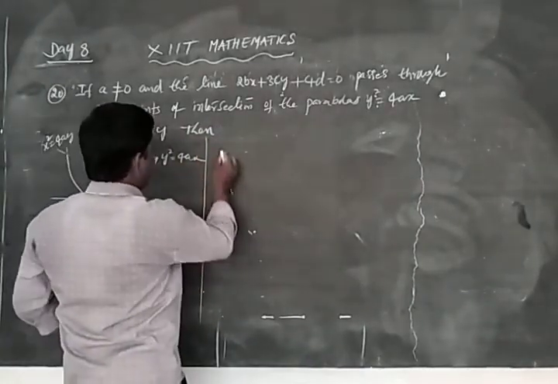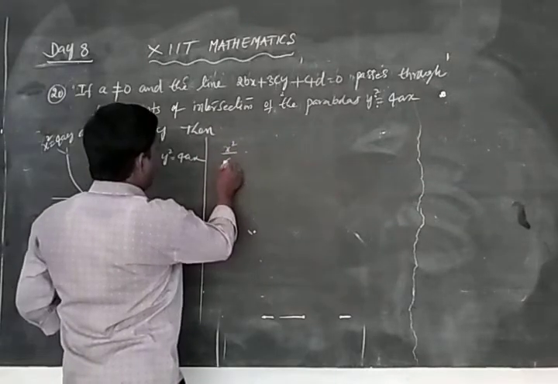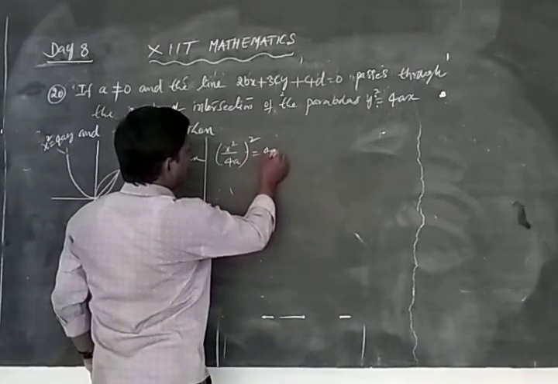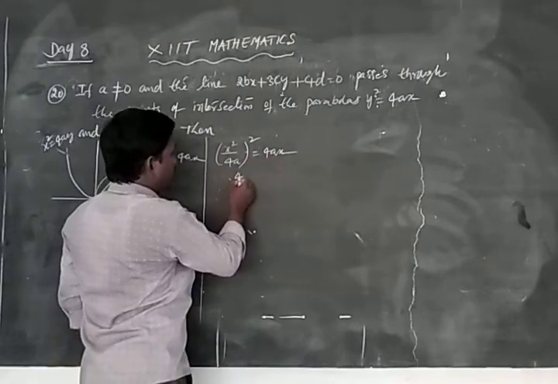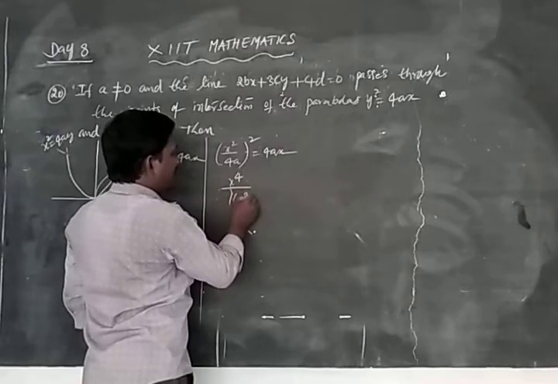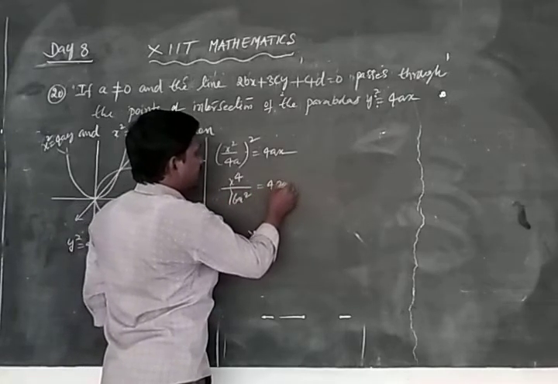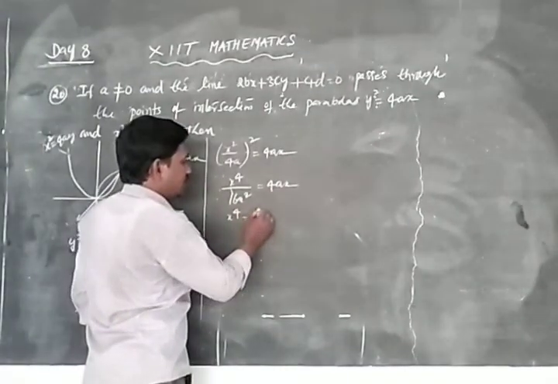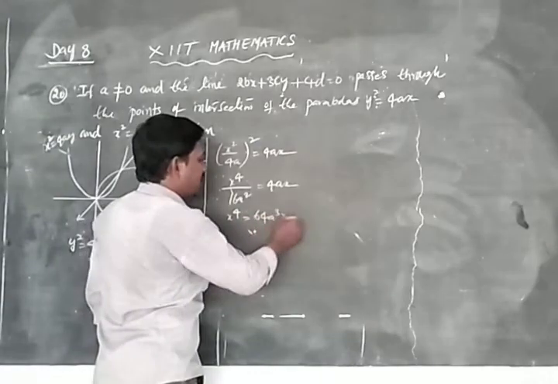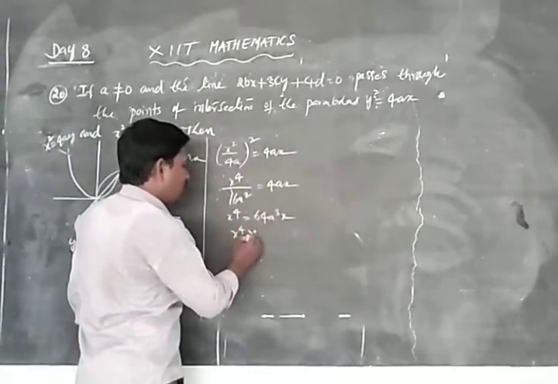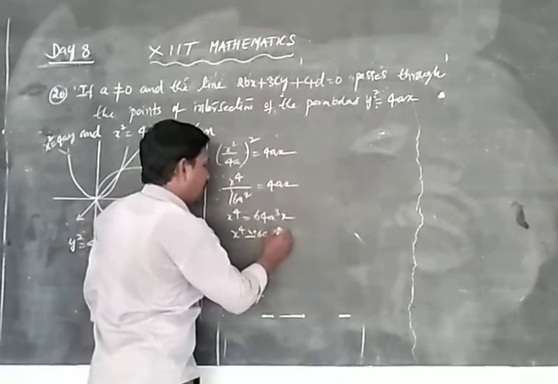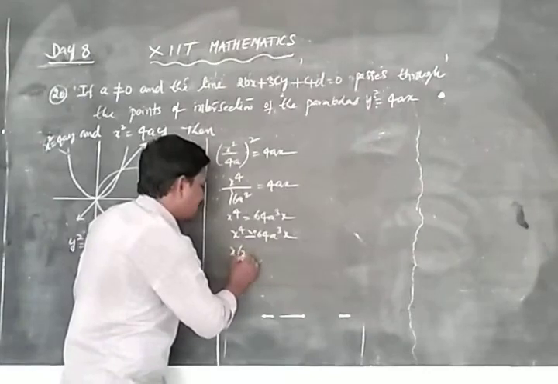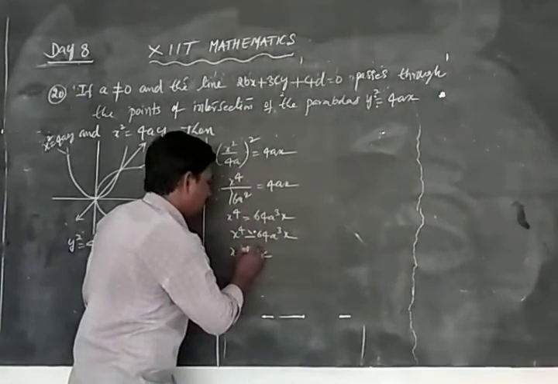Here y equal to x square by 4a whole square equal to 4ax, x power 4 by 16a square equal to 4ax. Then x power 4 equal to 64a cube x. Then x power 4 minus 64a cube x, and then x common, x into x cube